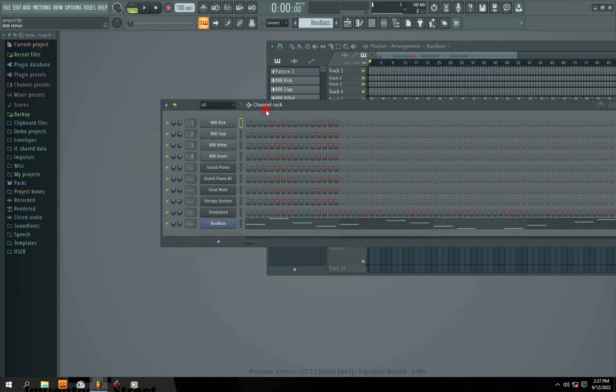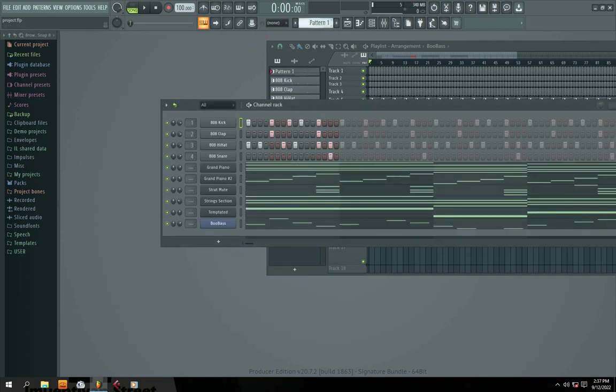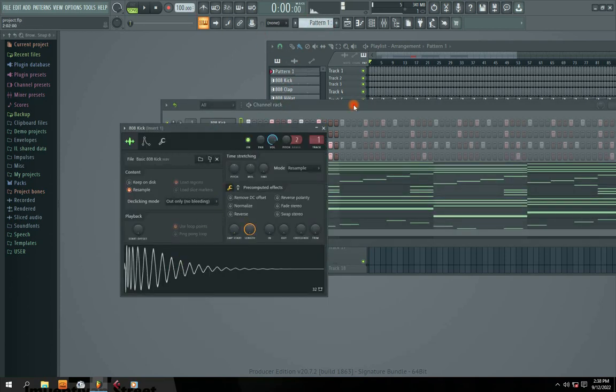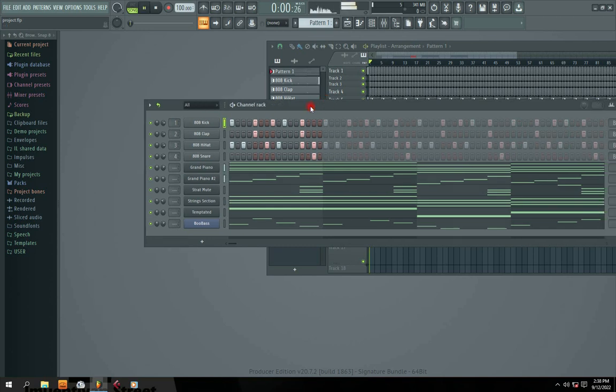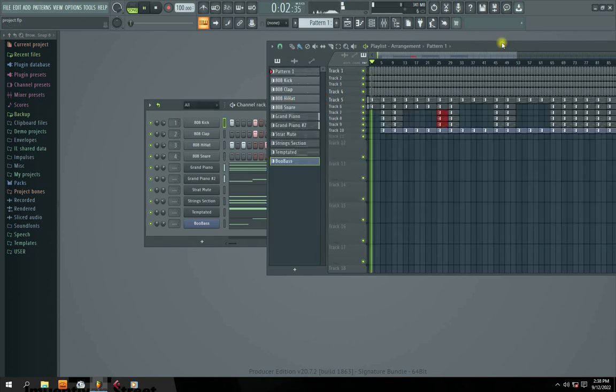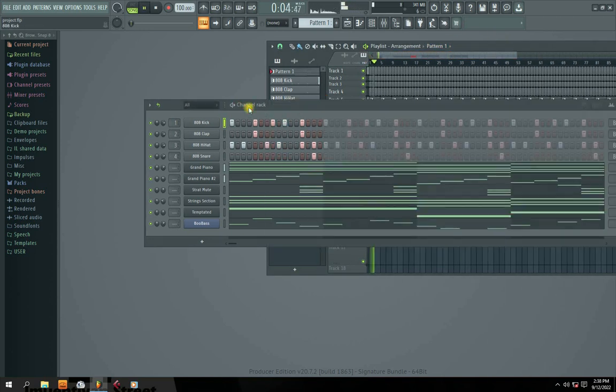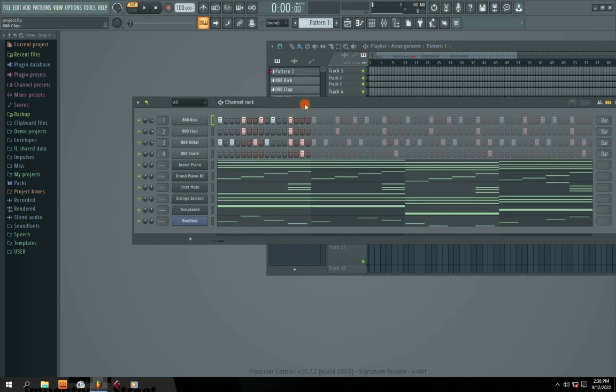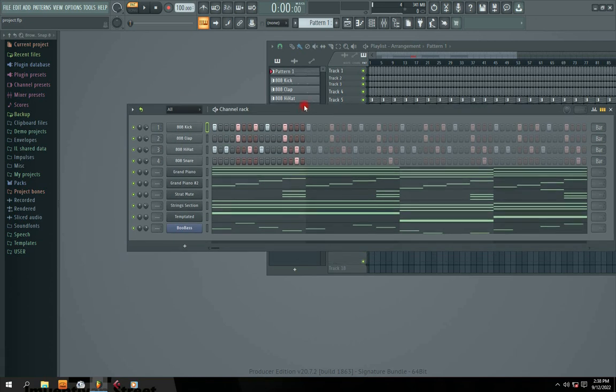So we have our sound right here that we have already created. So these are our different sounds. Let me just preview the beat. I will come to the pattern. So this is exactly the project we want to export into stems